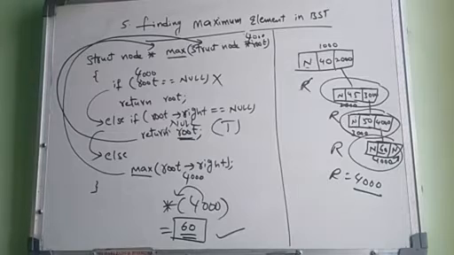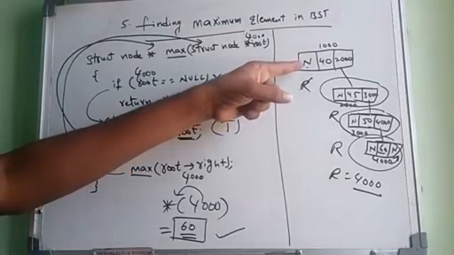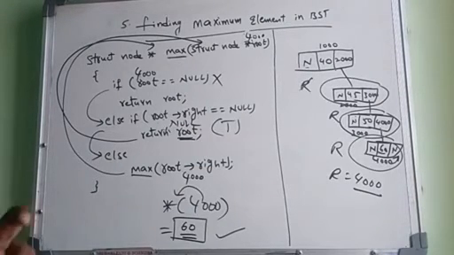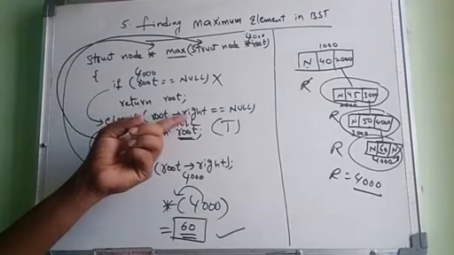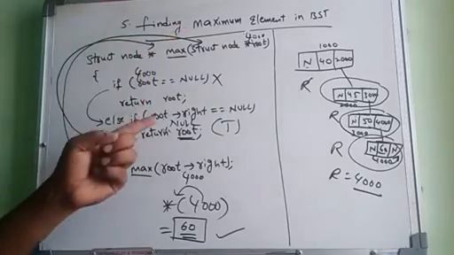Next came the searching procedure. We took some pseudo code and explained with an example how to search for an element. Next is the fourth operation, finding the minimum element. The search for the minimum is done only at the leftmost; wherever the root left is null, that is the minimum element. The final operation is finding the maximum element, which is the reverse of the minimum. For the minimum we take the left side, now to find the maximum we go for the rightmost.